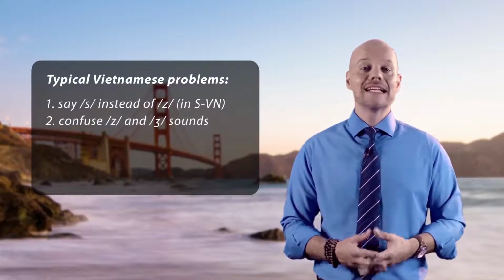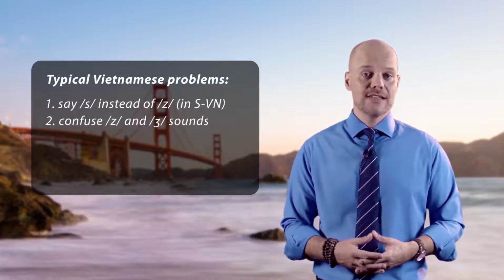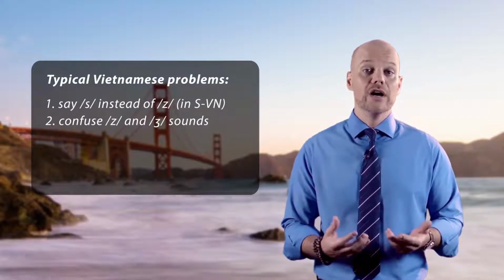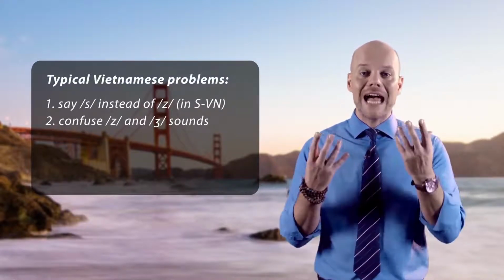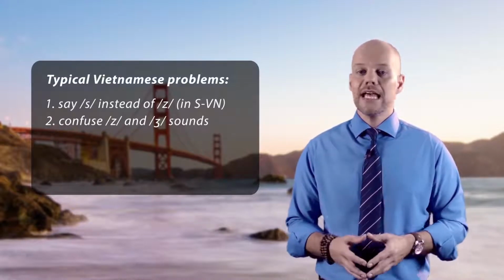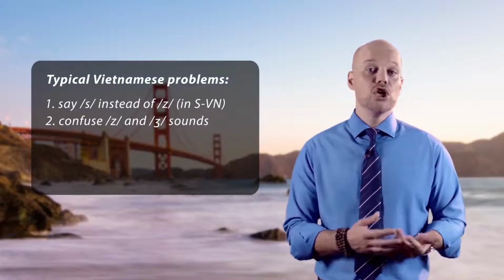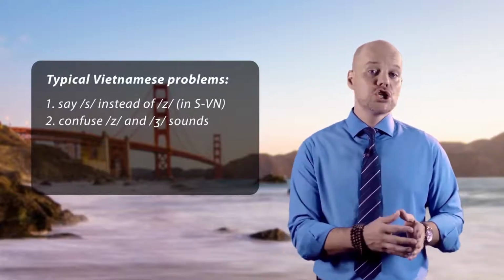Second problem is that some people say the z sound when they should say the zh sound, especially when the zh is followed by the schwa, the sound that needs to be said with the lips and the tongue relaxed. So they will say television instead of television, or usually instead of usually, while others will say the zh sound